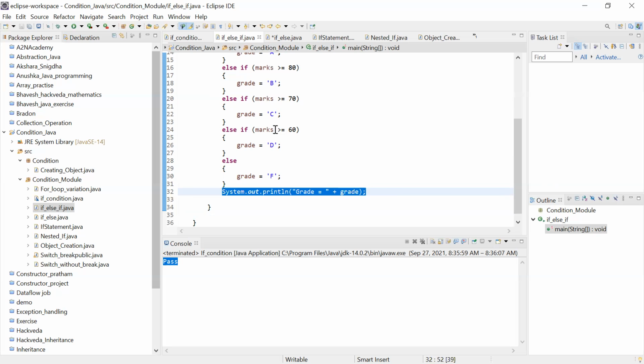So if any of the conditions is satisfied, it will print a grade. You can write this similar system out print inside every block. So both are the same. Either you can write it inside as grade D, or you can write it at the end of all the else if and else statements.